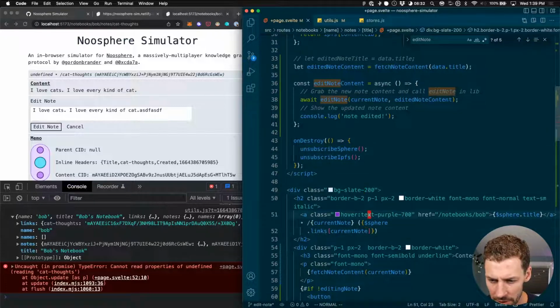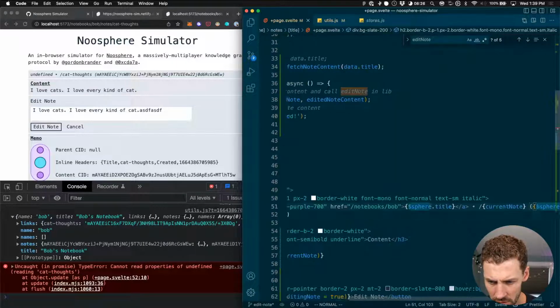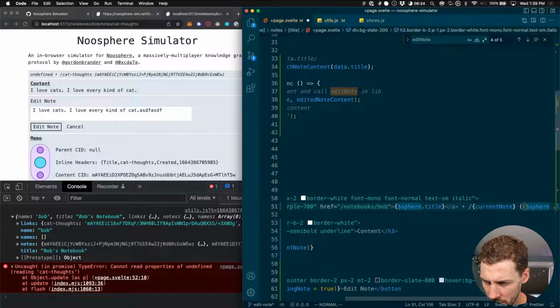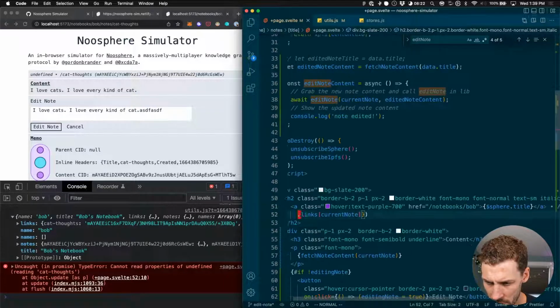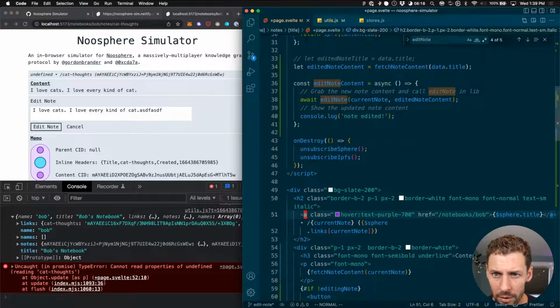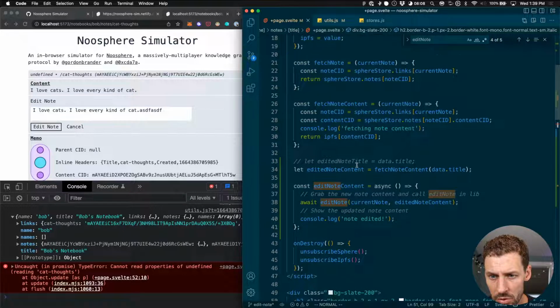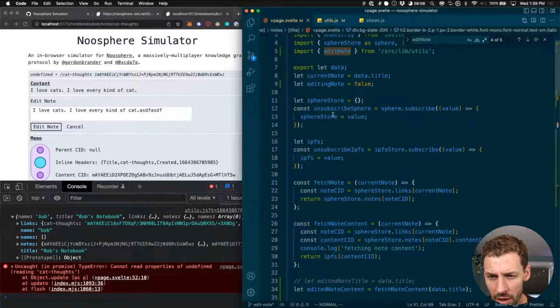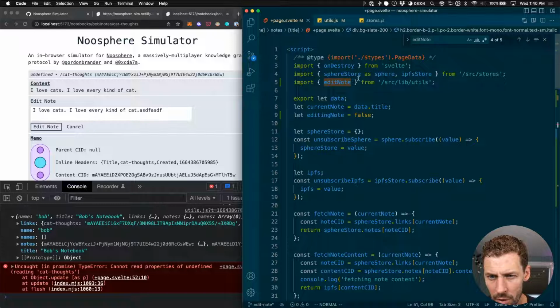So I think what's happening is when it gets to line 52 here, okay, it's auto breaking there. All right, sorry. Okay, so when it's calling sphere.links, this $sphere says automatically subscribe to the thing, but ooh,